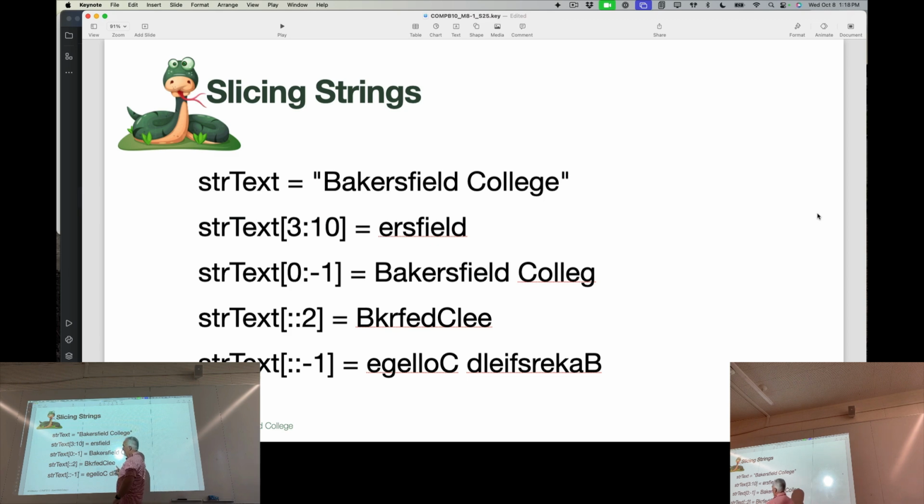Now, the third number that you can put in here is a step count. In this case, I'm doing nothing, nothing, and 2. What that means is start at the beginning, go to the very end, and give me every second letter. So boom, boom, it's skipping. Okay? Why would I want to do that? I don't know,